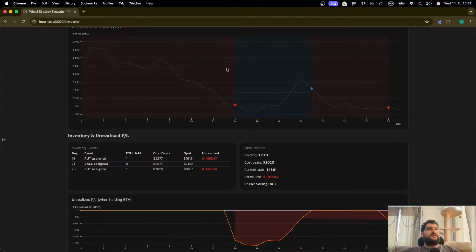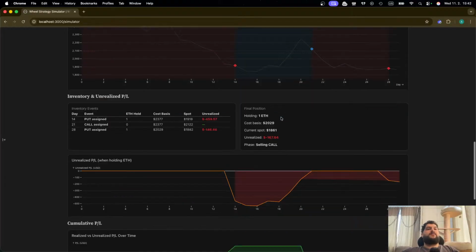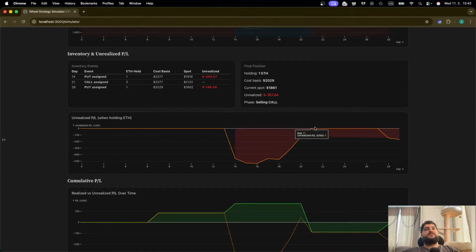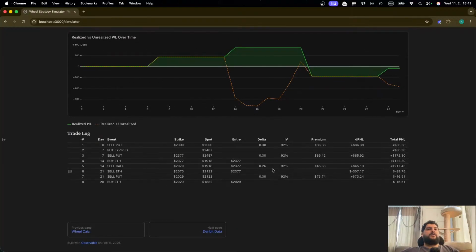But it never went up to the point of where we purchased it. So it was never positive, actually. You can see here on day 20, on day 21 it became zero, just because we sold it and it reset. But we sold it at a lower price here. So selling the ETH, you can see we got minus 300. By then we were already plus 200. That's why